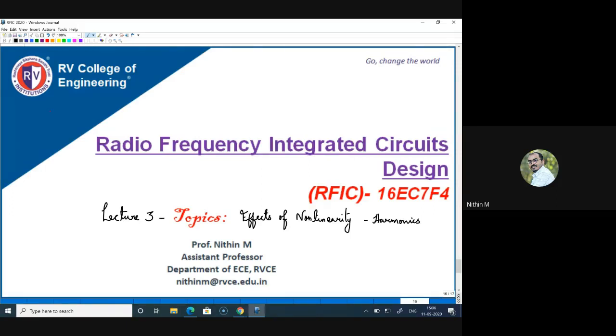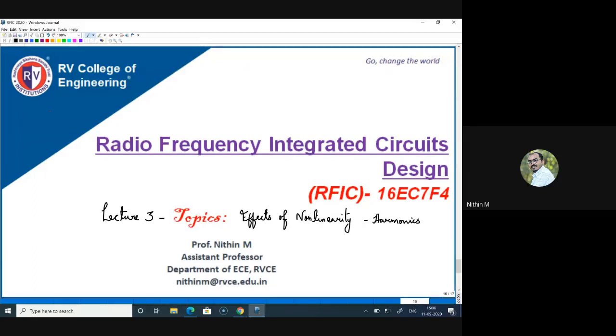Every segment or band within the spectrum is valuable, and there are government agencies that tightly regulate the use of bands. Probably you would have heard about the licensed and unlicensed parts of the spectrum. Certain bands of the spectrum are licensed and some are unlicensed. If it is unlicensed, we have the freedom to use it. If it is licensed, we have to get a license to use that part of the spectrum.